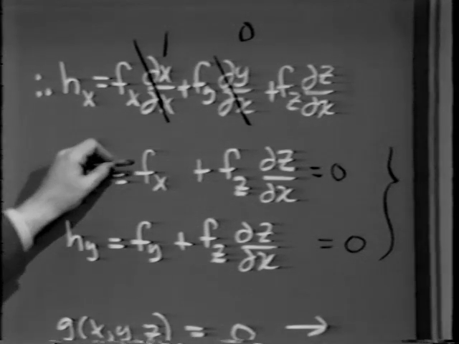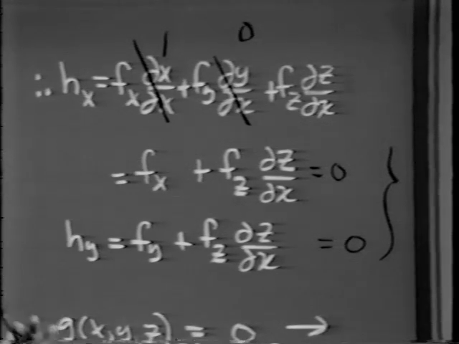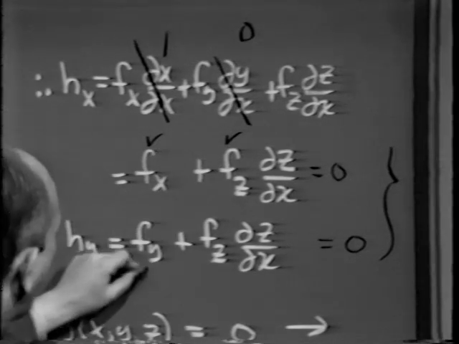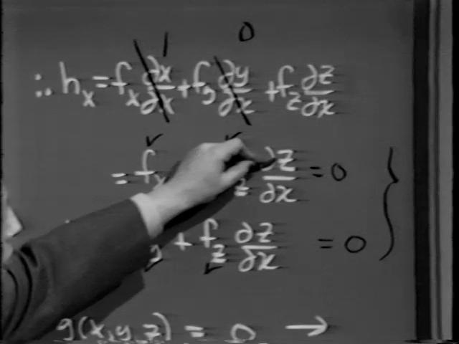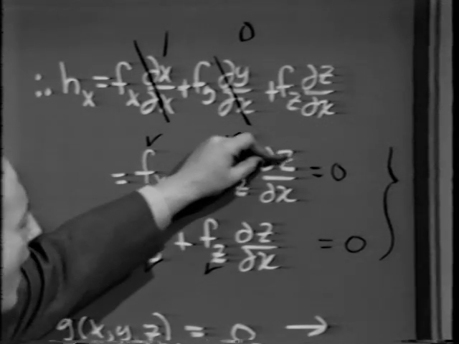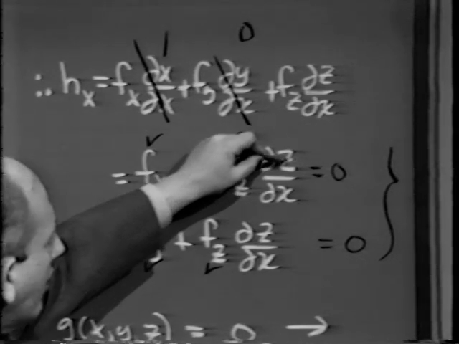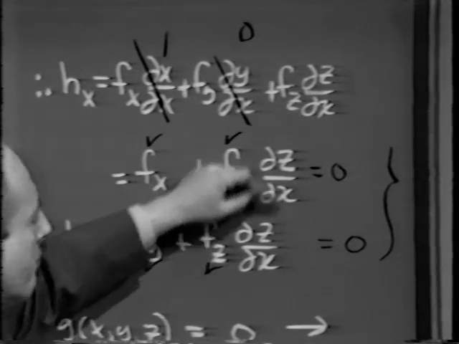Now, the thing to keep in mind is to observe that f of x, y, z was a given function. We know what that looks like. Consequently, these four quantities are known. The trouble is that g of x, y, z equals 0 defines z implicitly as a function of x and y, and consequently, if it turned out that we could not have solved our system for z explicitly in terms